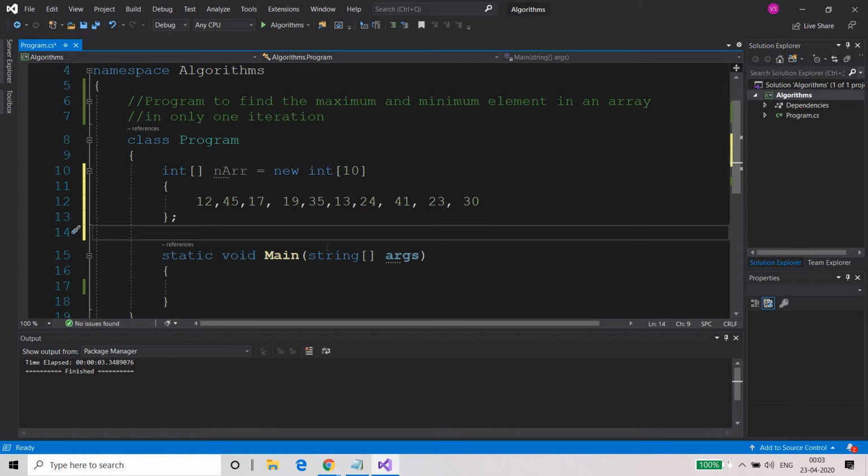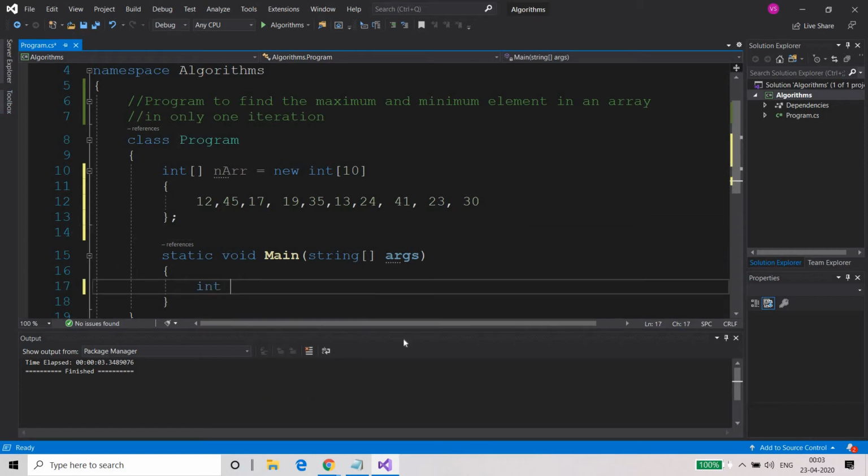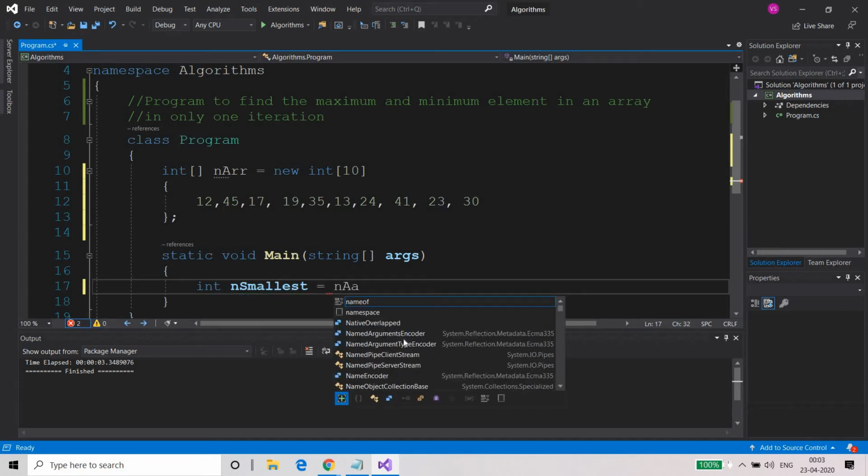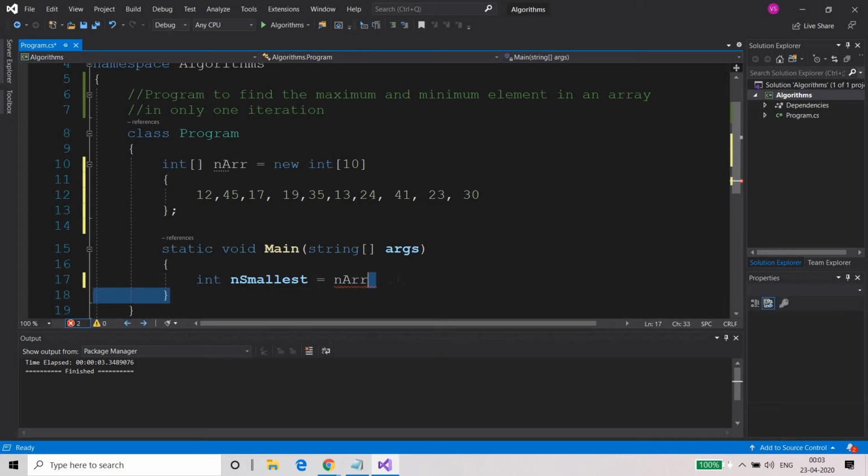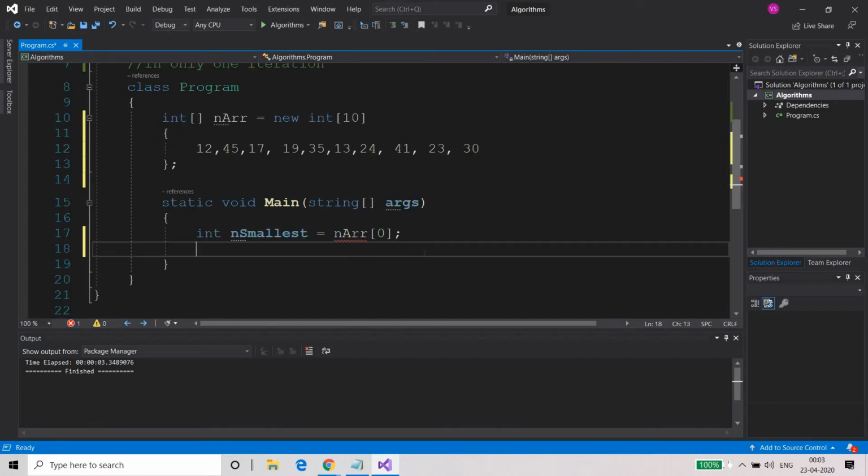So now I'm going to tell you what kind of solution I have for this problem. Okay, so what I will do first, I will create two variables and store the first element of the array.